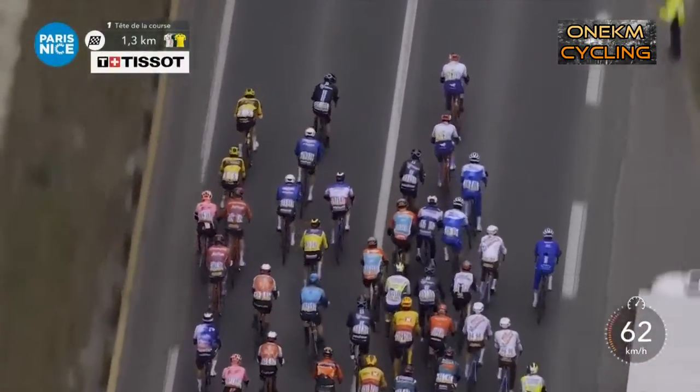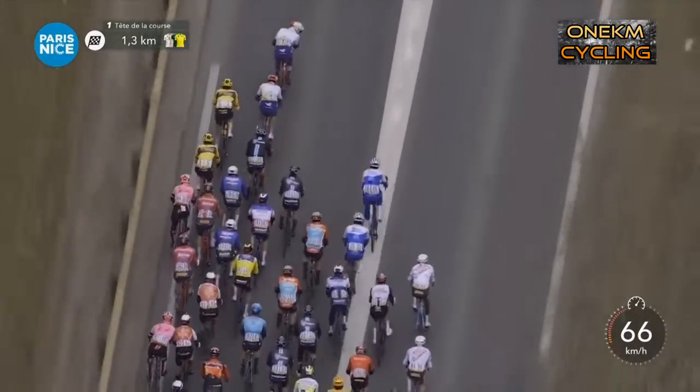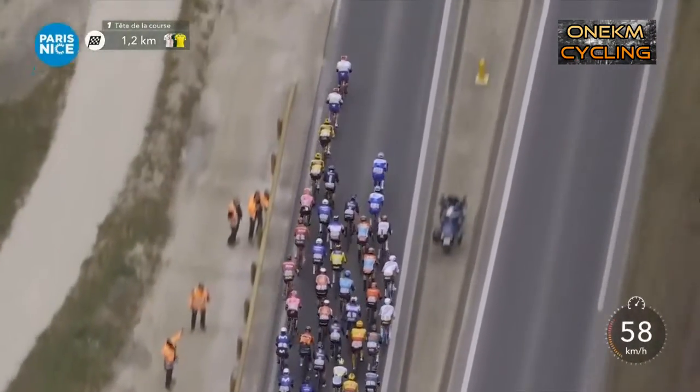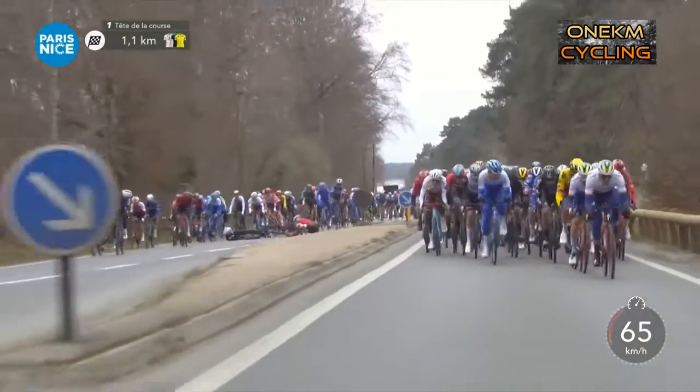He has Sénéchal in front of him. Groves is up there on the left-hand side. Michael Matthews is being moved up as well by Kellen O'Brien. And on the left-hand side, Olaf Koy is in a rather good position in the yellow jersey as well. Now, Bennett starts to reappear at the bottom on the right-hand side as we go with 1 kilometre to go,